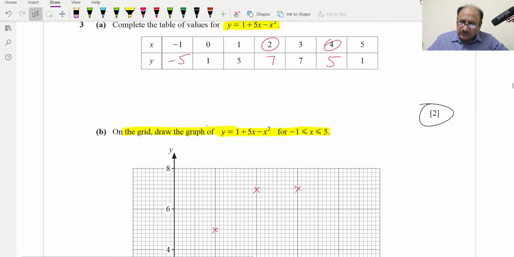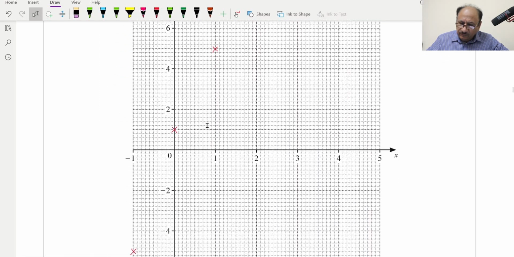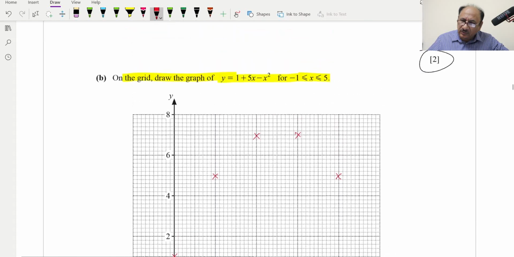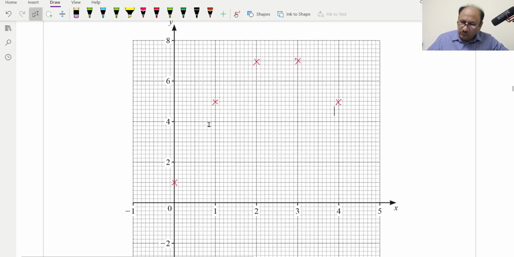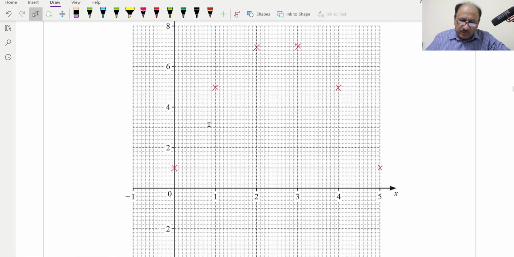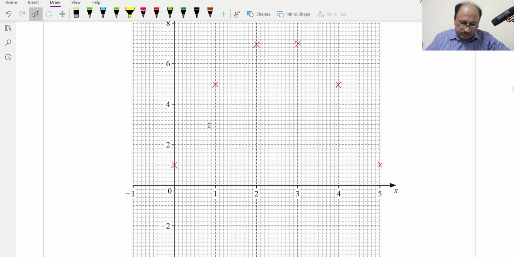Then comes 4 and 5. 4 and 5 is this one, and 5 and 1. So 5 and 1 will be this point. After marking all these points, now we have to draw a smooth curve. And for a smooth freehand curve, we have to basically draw this